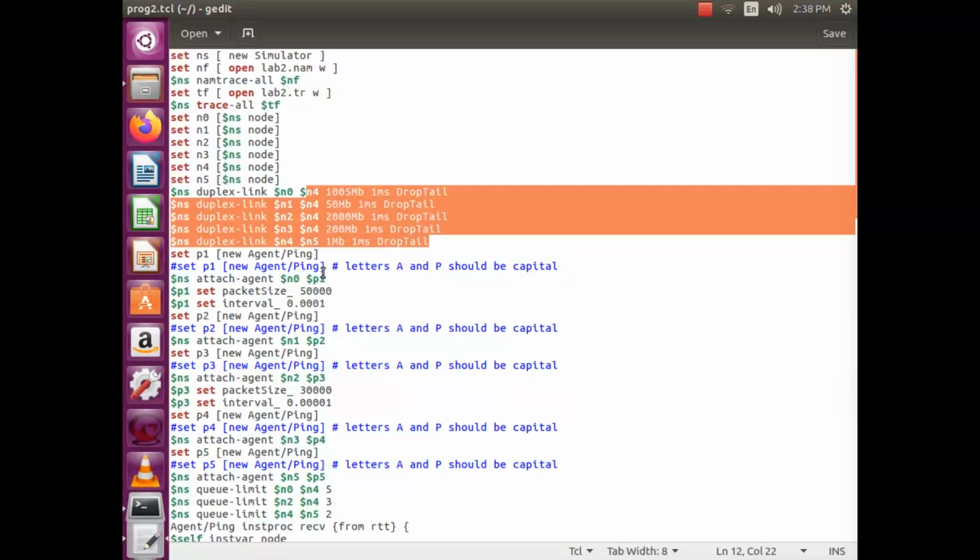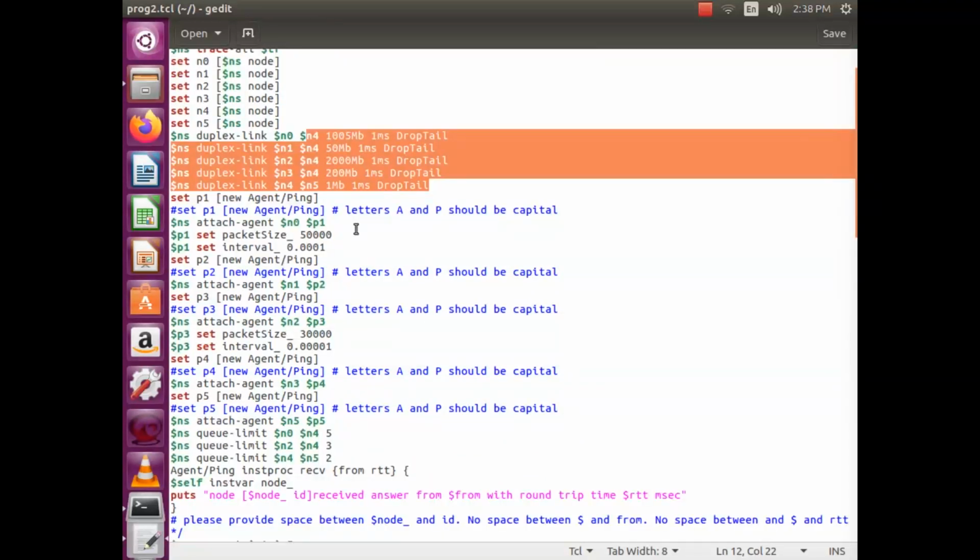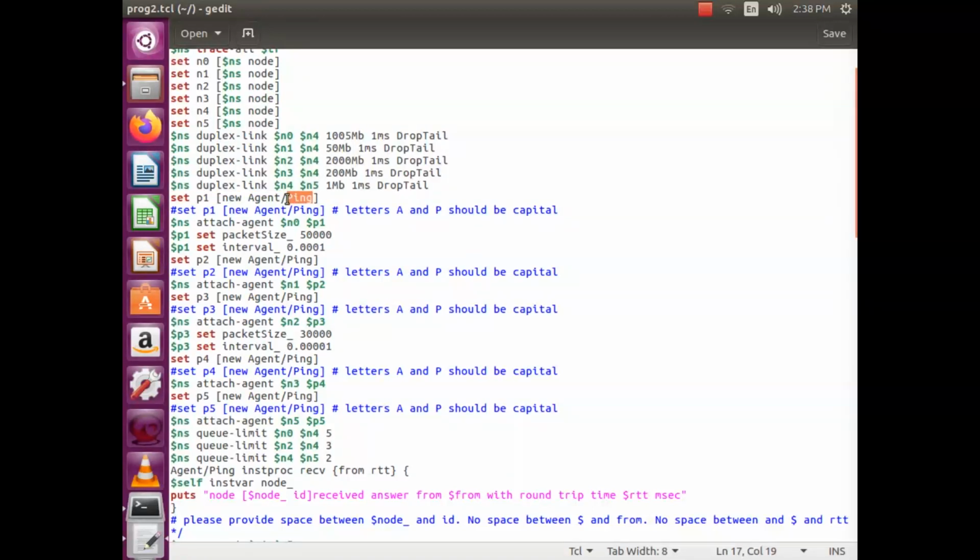Once it is done, we need to go for the ping characteristics. In order to set ping characteristics, we use the subclass Ping, where P is capital, under the class Agent, where A is capital. These properties are assigned to the variable p1. Similarly, p2, p3, p4, p5 are set with the same agent under the Ping subclass.